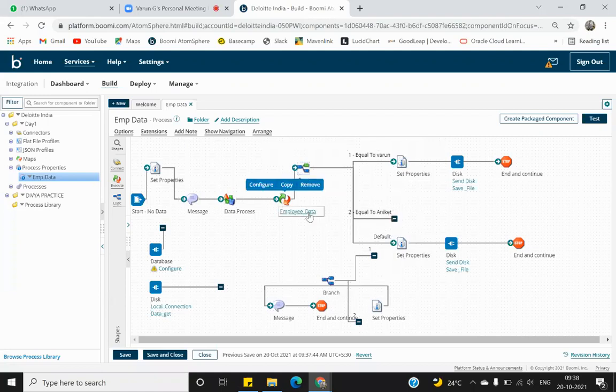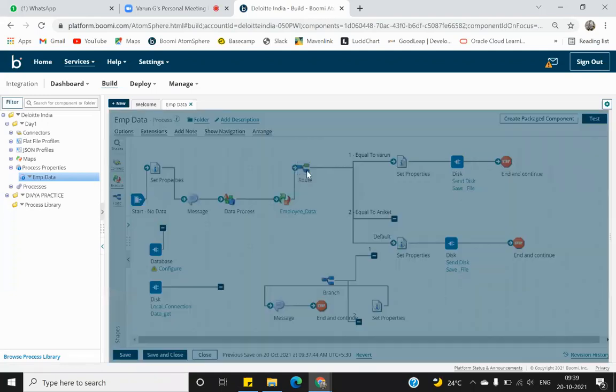Hello, Ankit. Yep. Route shape is similar to decision shape, but we can use multiple comparisons in route shape. I won't say that it is equal to decision shape. Why I'm saying that is decision shape has only one value, first of all. Decision shape is only comparison, only true value, like if A is equal to B or not, if A not equal to B, like that. Or true false values.